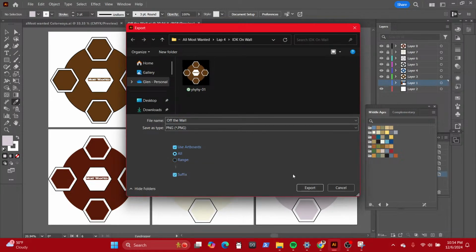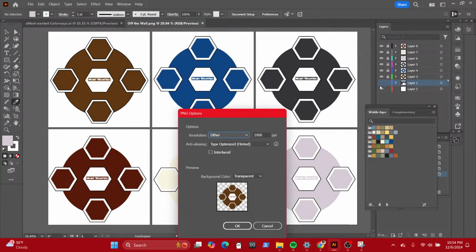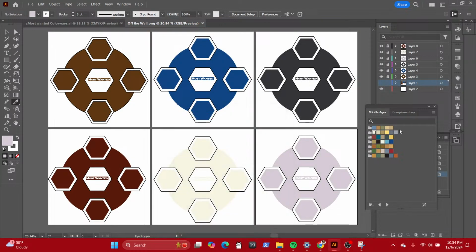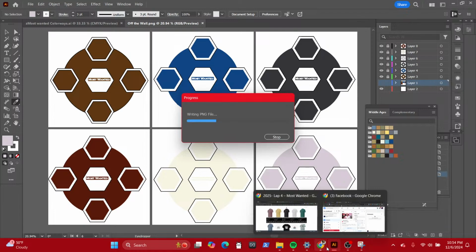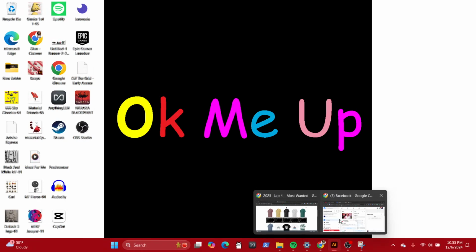We're using all. Bam. 1,000, because we want to make sure these are crisp. And once this starts loading, I'm gonna go back and hide these and bring the other board that's under it up so I can actually have colors for the collars and for the slip. Well, I think it's more gonna be for the collars. I could leave the collars the same and just change it up a little bit, but we'll play it by ear.